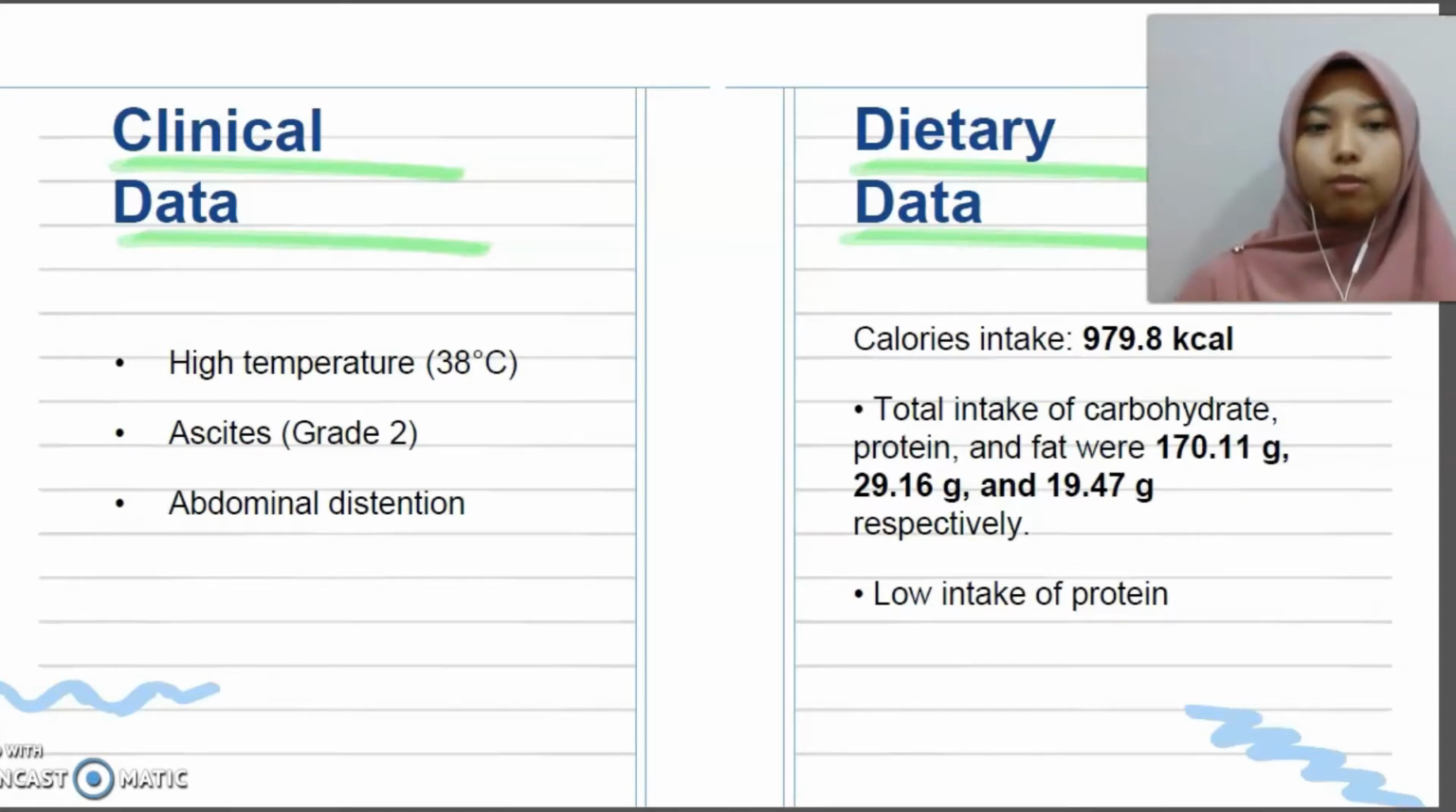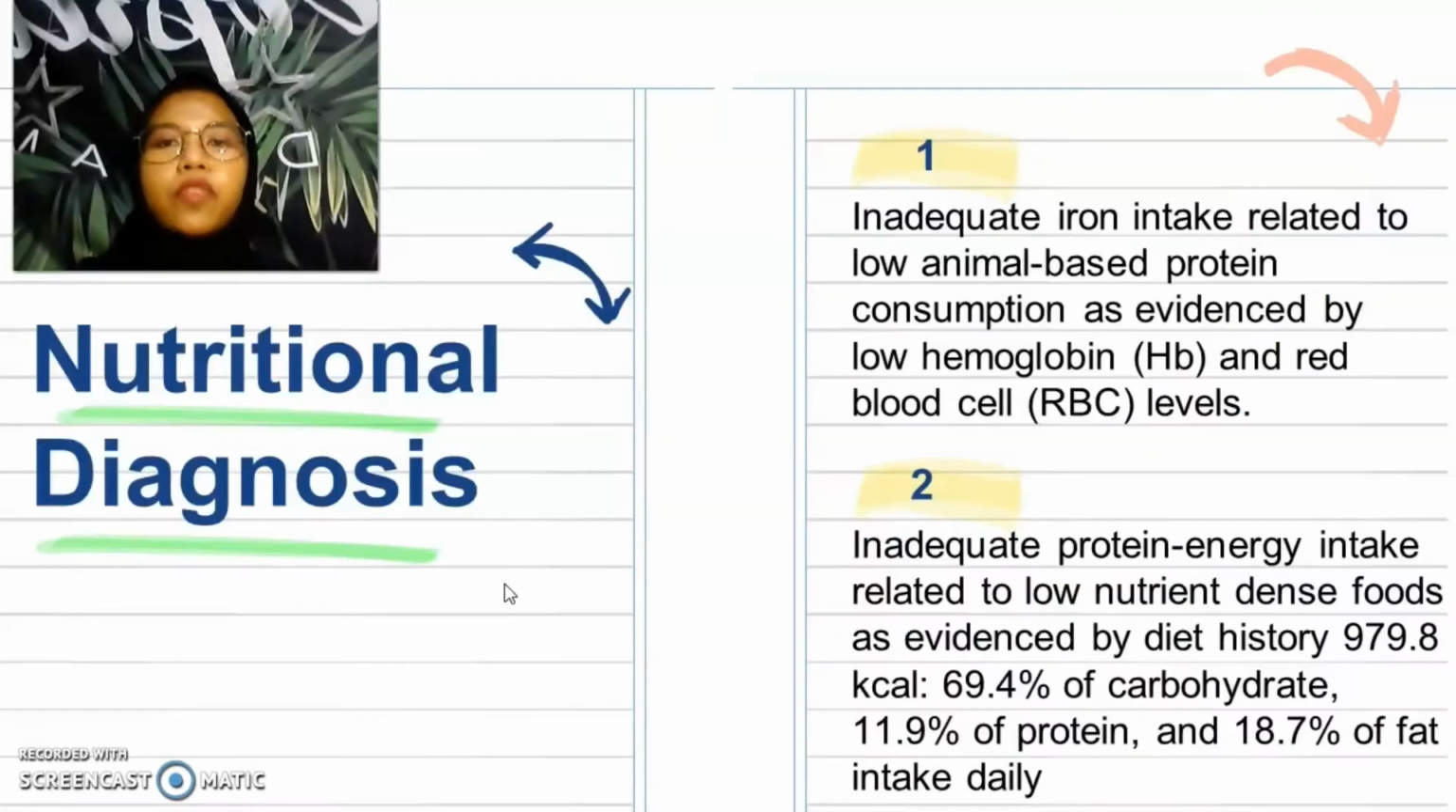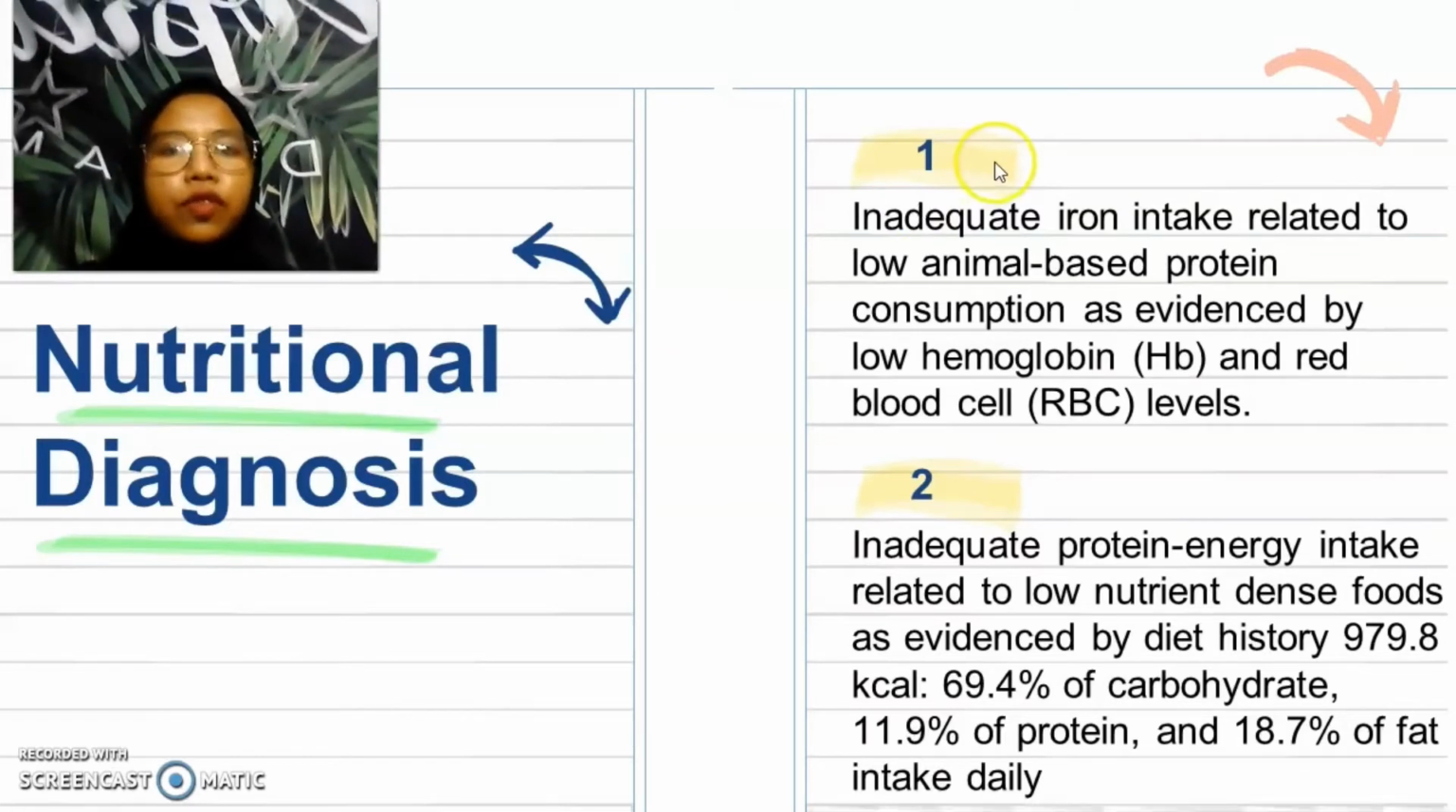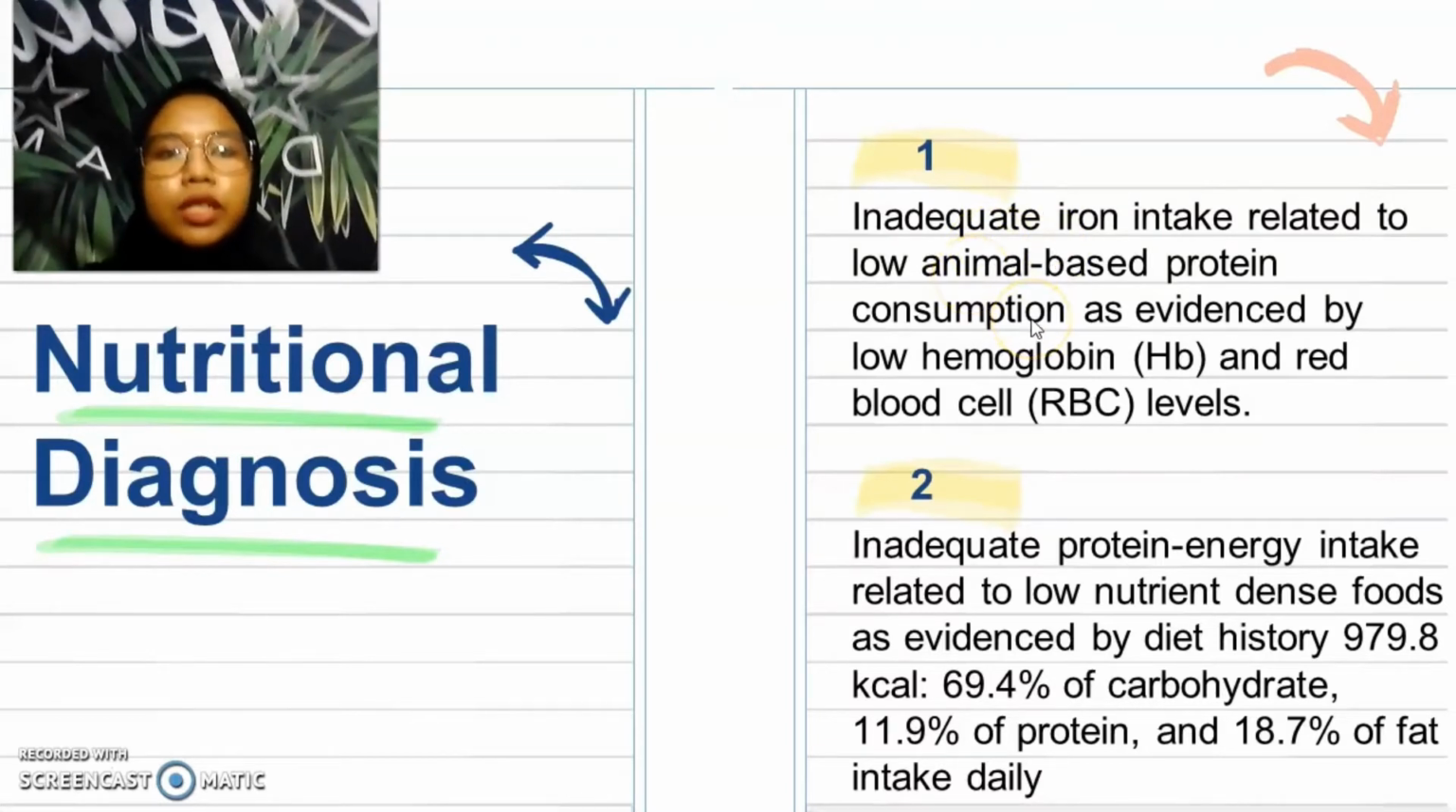Total intake of carbohydrate, protein, and fat were 170.11 grams, 29.16 grams, and 19.47 grams respectively. It also shows low intake of protein. From Mr. T's case, we found two nutritional diagnoses. For the first one, we have inadequate iron intake related to low animal-based protein consumption, as evidenced by